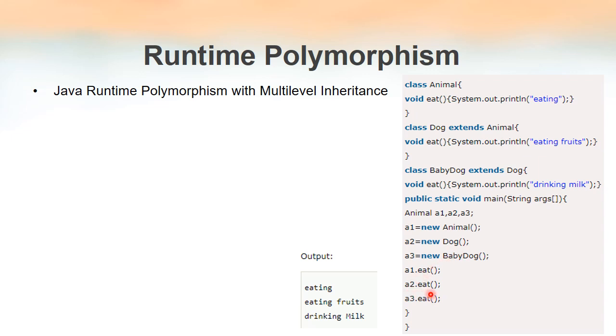So when we call a2.eat, the method eat of class dog is executed. That is why we are getting the output eating fruits, because the value printed inside the method eat of class dog is eating fruits.